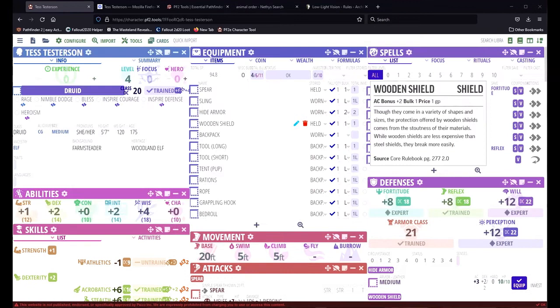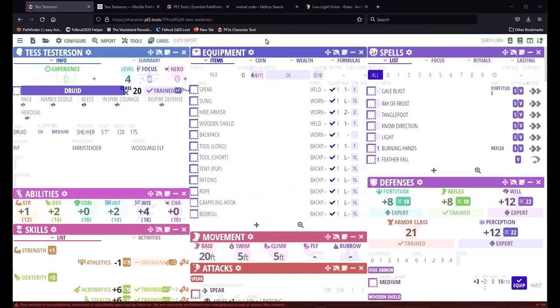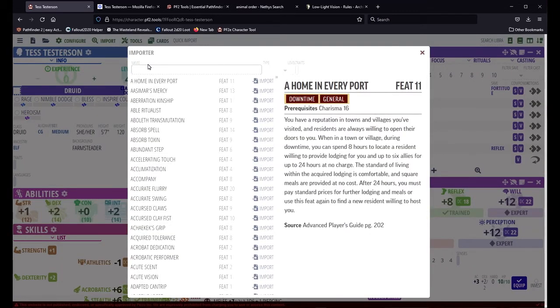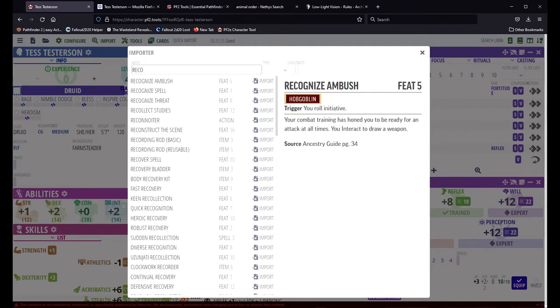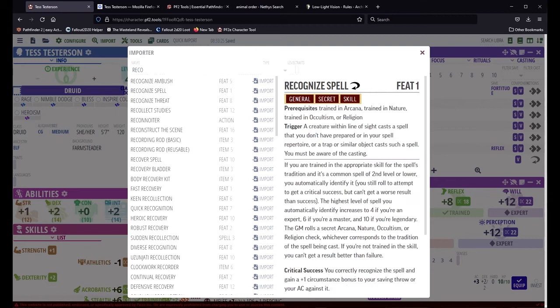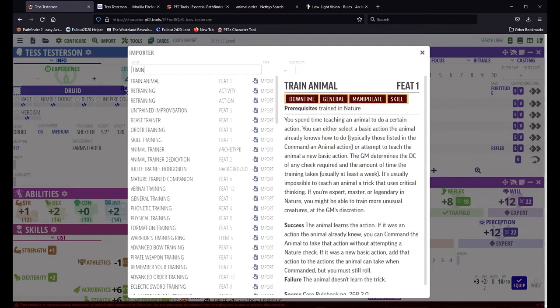So very quickly, because I have this planned out, obviously your plan is going to be different, we're going to grab all of the new stuff that Tess gets for levels 2, 3, and 4 from our importer. So she is getting Reach Spell and Recognize Spell as a skill feat. And that's it for level 2. For level 3, she is getting Train Animal as a feat. And then she gets some features for being a druid, so she's going to get Alertness,